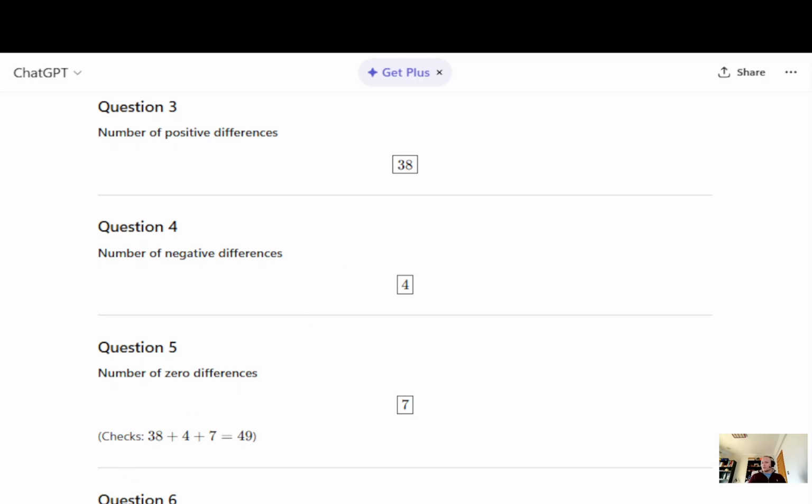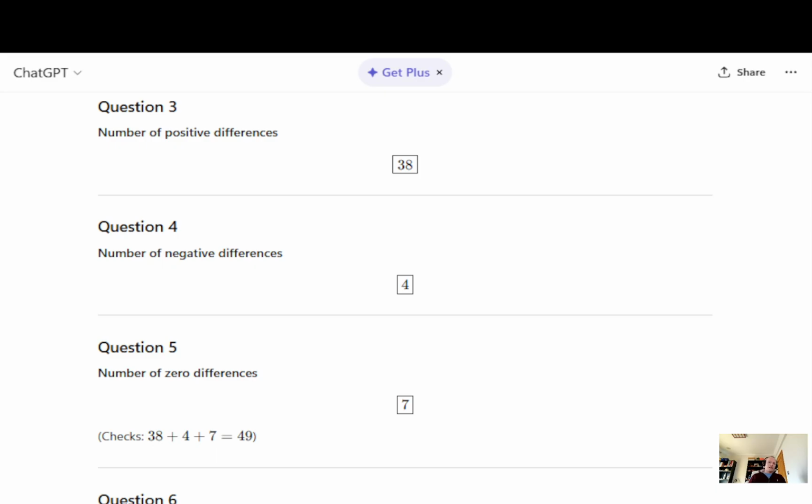Now, on the question on the relative effect, we said that the numerator is the sum of the positive differences, which is 38. That's the answer to question 3, plus half the sum of question 5. So that's why 38 plus a half times 7, which is 41.5, divided by what the numerator was, so the denominator, sorry, is the total number of comparisons. 7 times 7 equals 49. So we get a relative effect statistic of